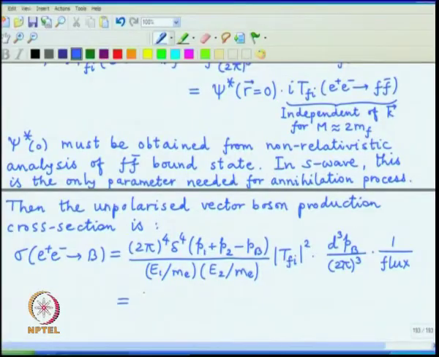The momentum integral is rather trivial, so we will just get 2 pi delta function of energy alone,